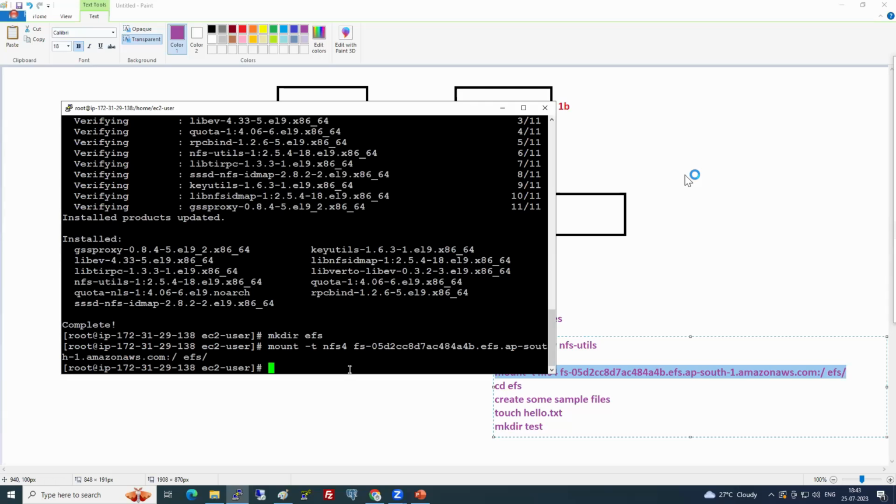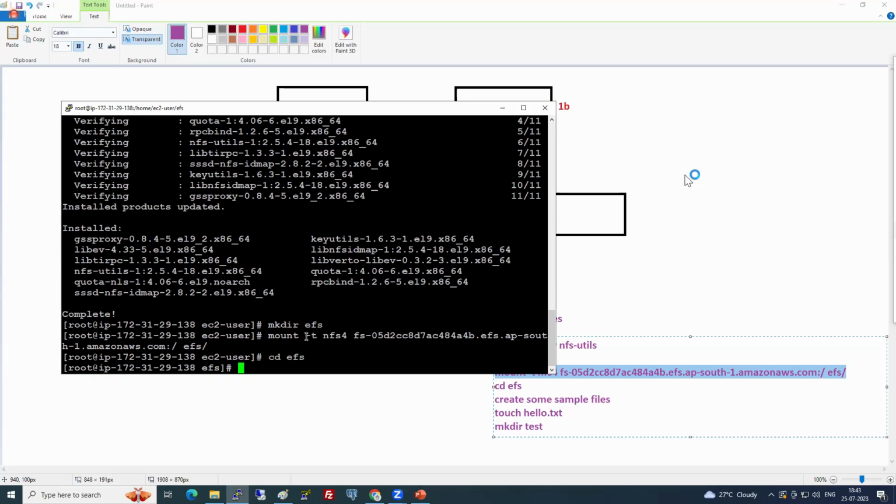Mounted. So now I mounted to EFS. That means I need to go to EFS, no? So cd EFS. Now where am I? In my Elastic File System, in my EFS. So should I go and create some files here now? I can create one called touch